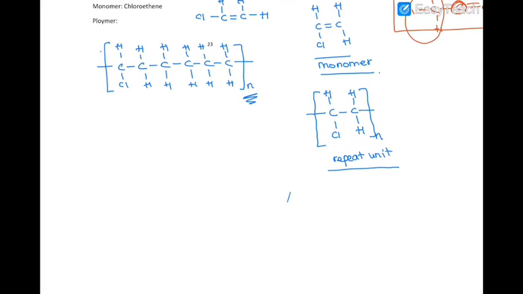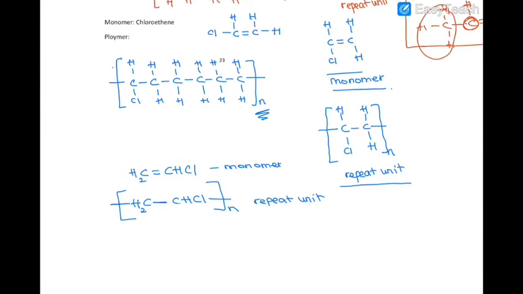You can also draw it in terms of structural formula, where chloroethene is CH2CHCl. That would be the monomer. And then the polymer would be CH2, and then here the continuation brackets CHCl with the continuation brackets like that. That would be the repeat unit. And here, the polymer here. So this is chloroethene. So the polymer is